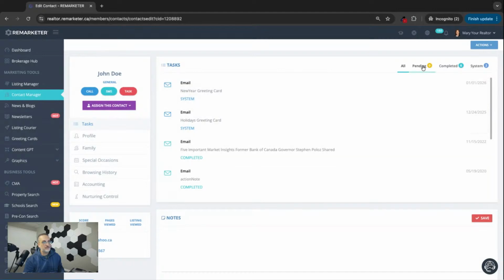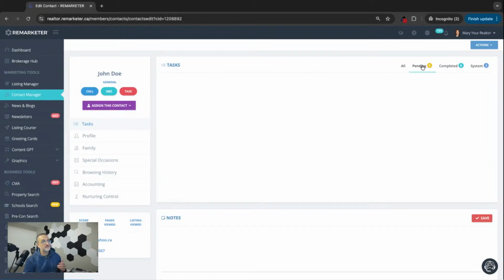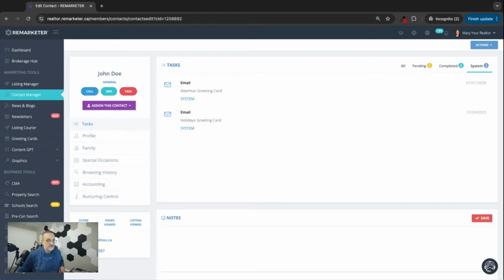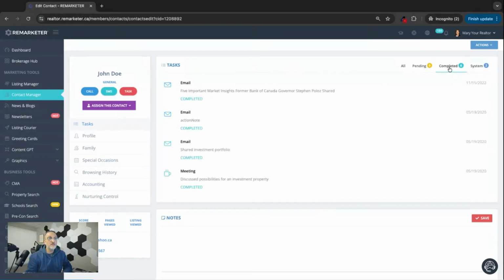We categorize them into pending, so things that still need to be done, completed, the ones that have already taken place, and then the system tasks. These are the tasks that were part of the system automation. So you know exactly what things have gone out automatically, like these two emails, and what things I have done myself. So let's say, for example, now